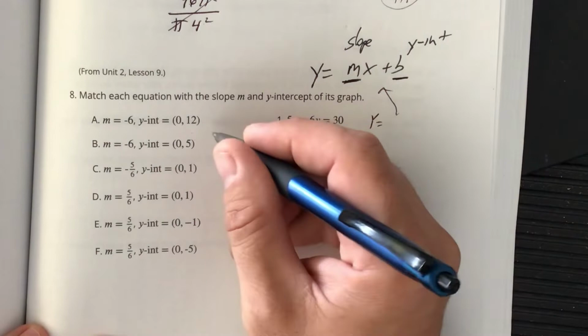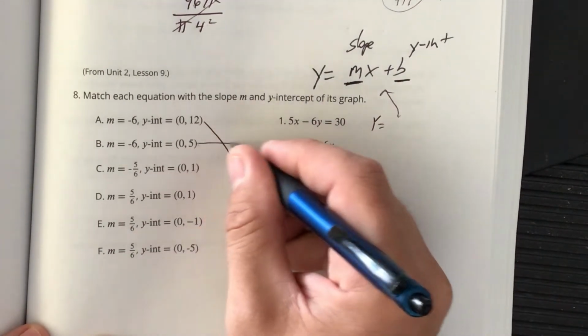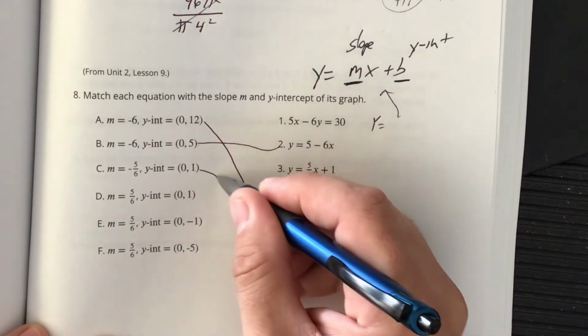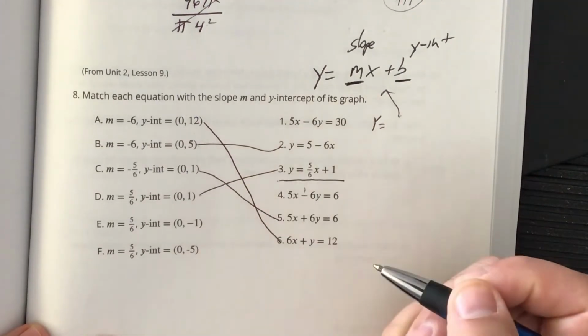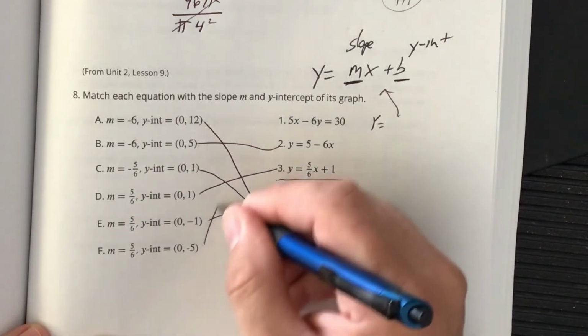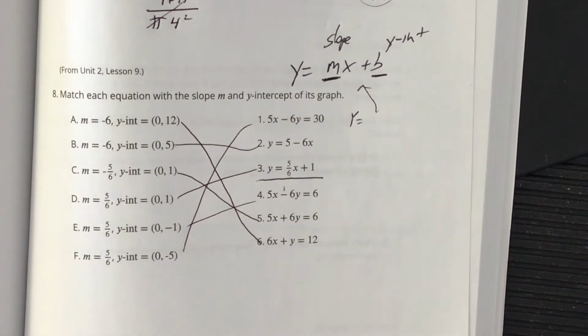Okay, I have 6 and A together. I have B and 2 together. C with 5. D with the one that we talked about. D and 3. E and 4. F and 1. Okay, so we've done about 5 problems in a row now where you had to solve for